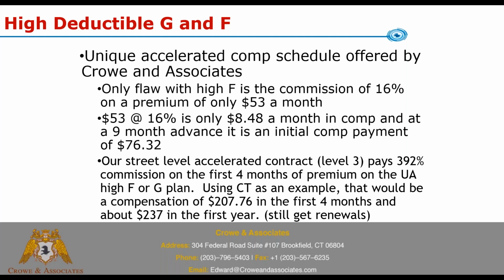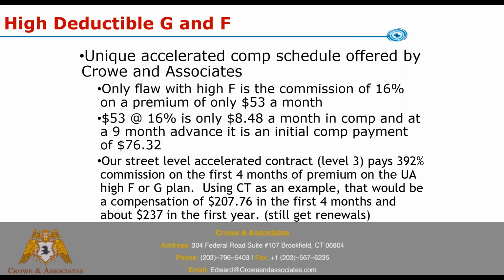So the only flaw with a high deductible F or high deductible G is that the concept is easy. You can sell the plan. If clients understand it, they will usually go with it because they see the math and how it works and it makes sense to them. The only flaw is the commission, and I think that's probably why you don't see way more high deductible F and G sales. If commission was equal, you'd probably see a lot more sales, and if clients could understand how it works, the math just makes sense. I think you'd see it sold a lot.